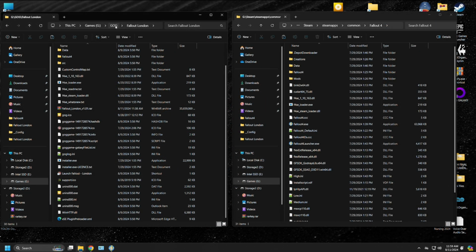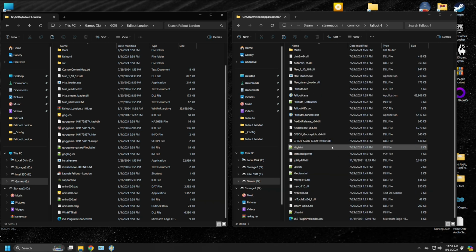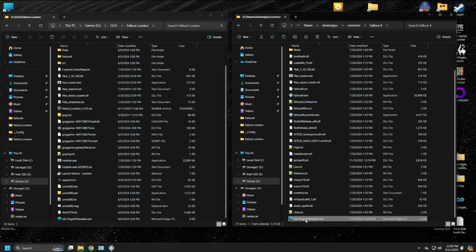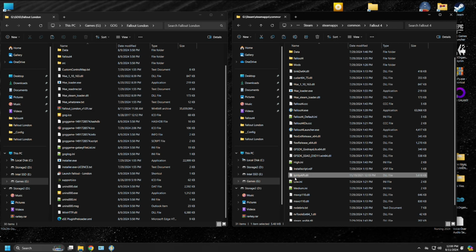On the left side, you have the GOG Fallout London source files. And then on the right, we have our Fallout 4 main directory. When I set this up to run Buffout in my testing, I downloaded XSE, installed it ahead of time for the correct version of the game, which is 1.163. Let me go show you the two files that we have here. We have the XSE plugin preloader.xml, and then up here, the